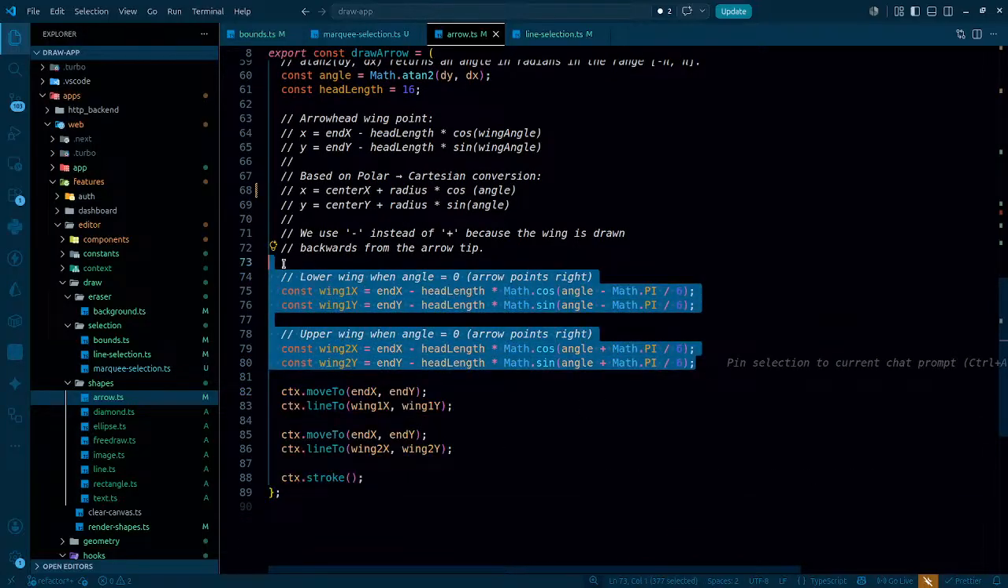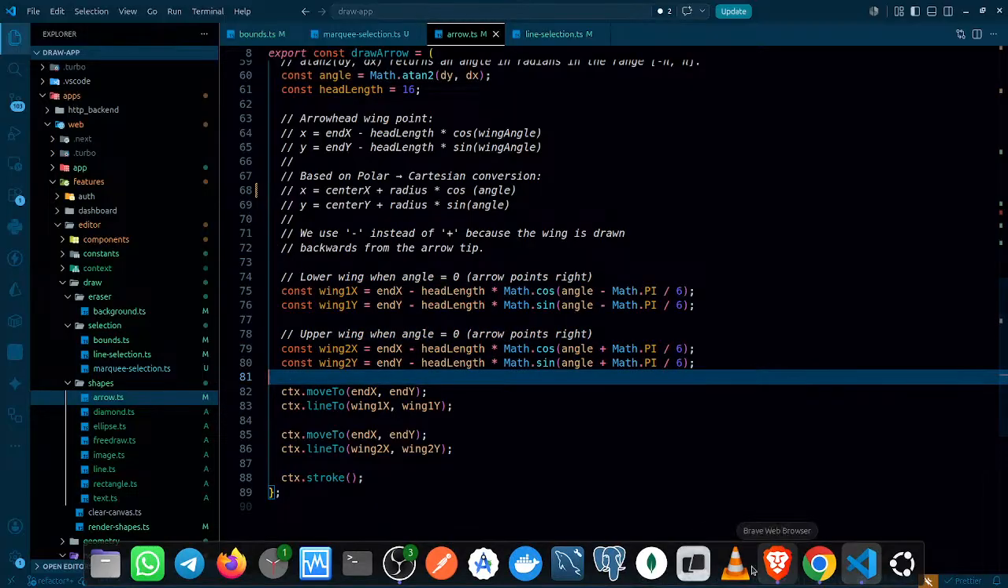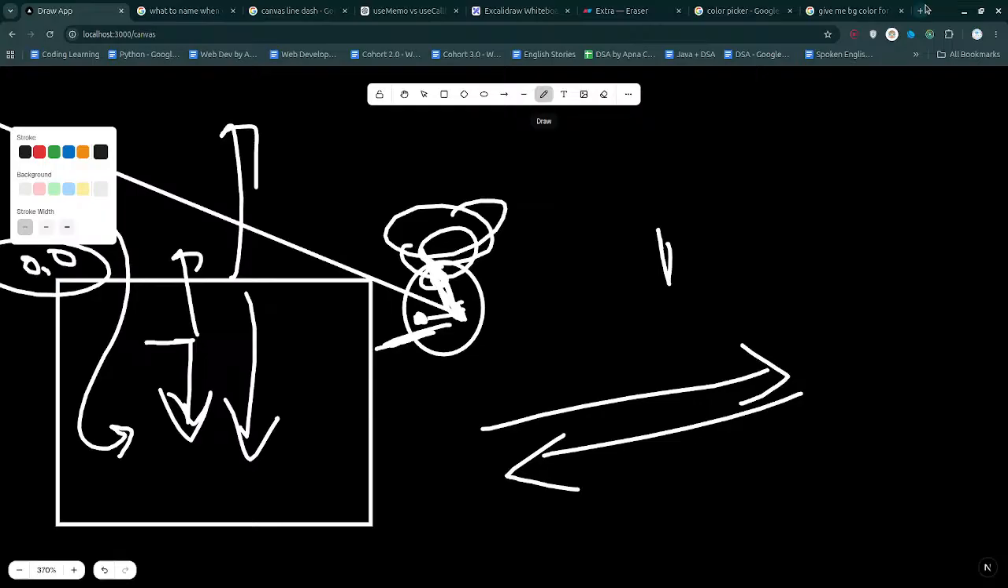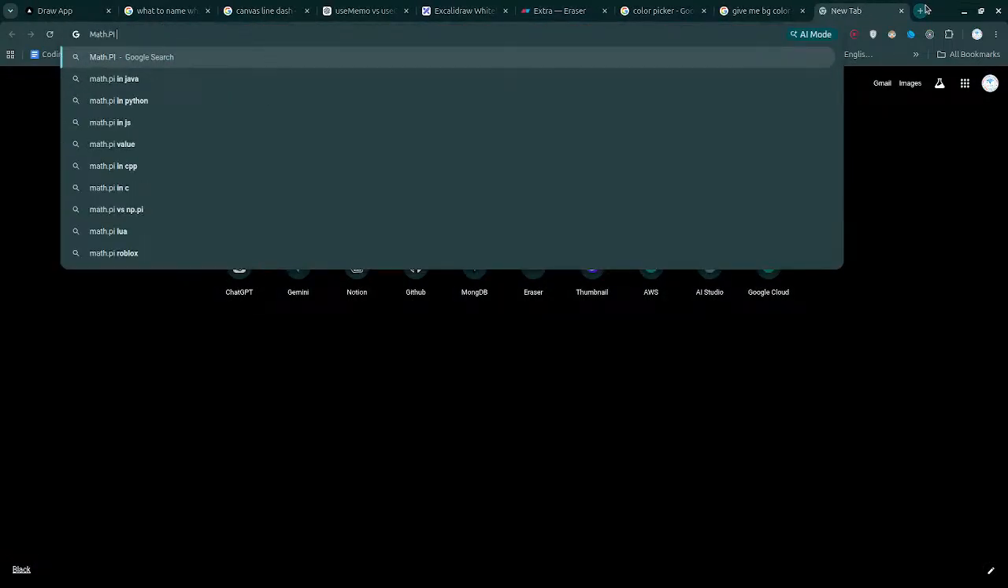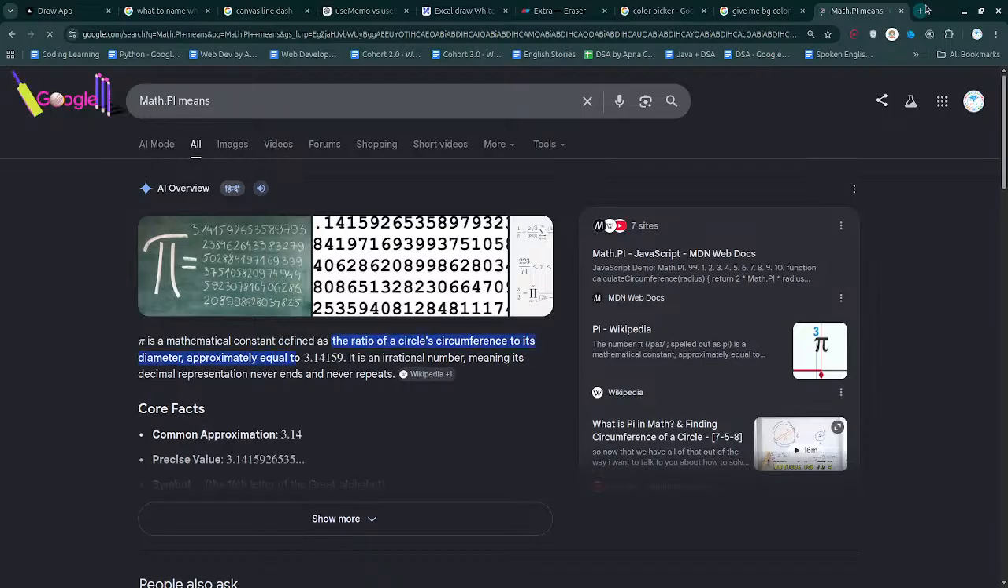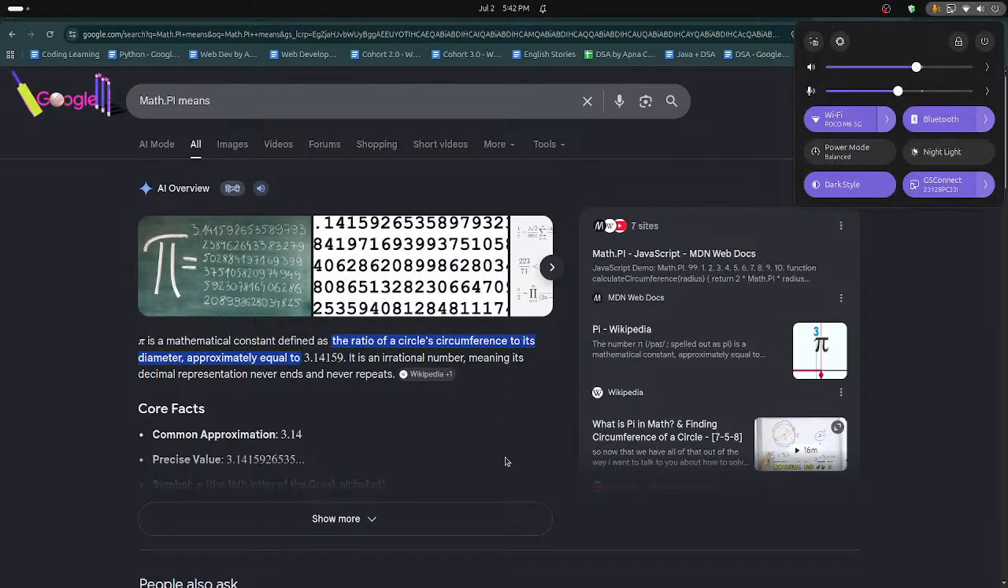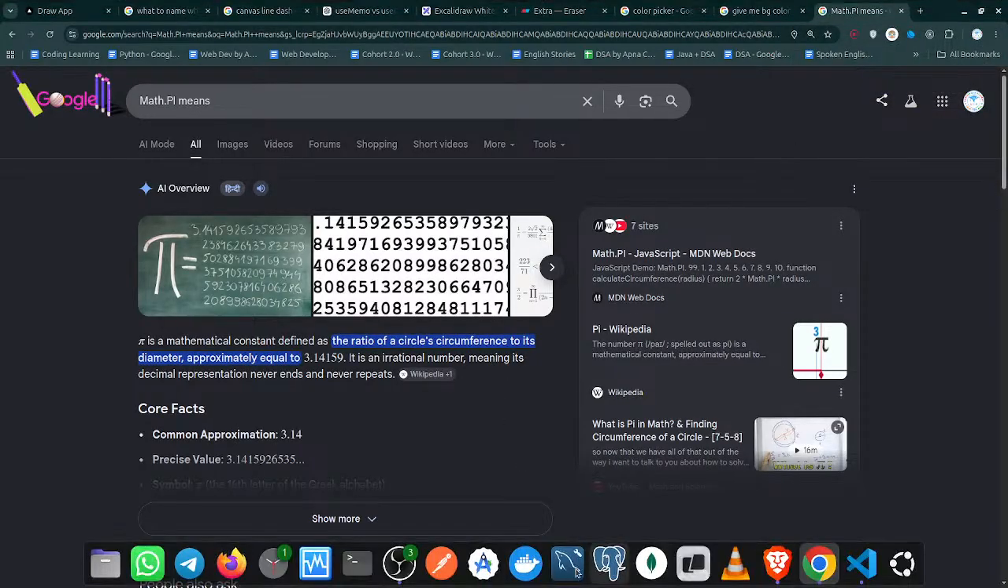As for this thing, this is the mathematical stuff. I actually dug deeper into it earlier and then I forgot, so let me just do a quick Google search. Math.PI means 180 degrees. Okay, I actually have to go now, bye bye, take care, my inverter is